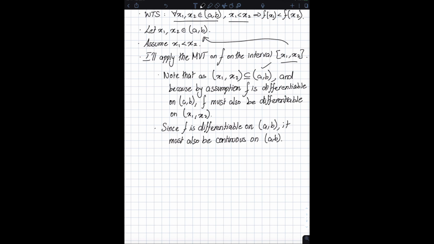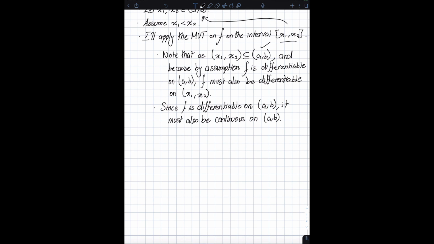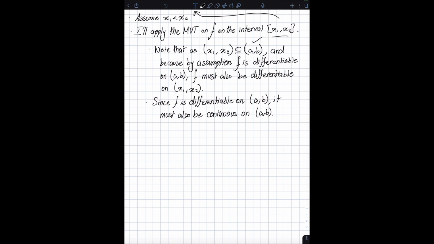that interval. The opposite isn't true. Continuity does not imply differentiability. The most direct refutation you can give is the absolute value of x. It's continuous everywhere, but it's not differentiable at zero. So yeah, but differentiability does imply continuity, and since the function is continuous on a comma b, then